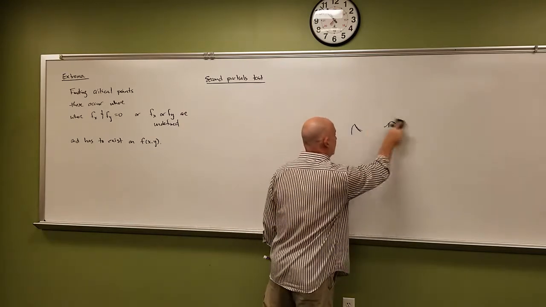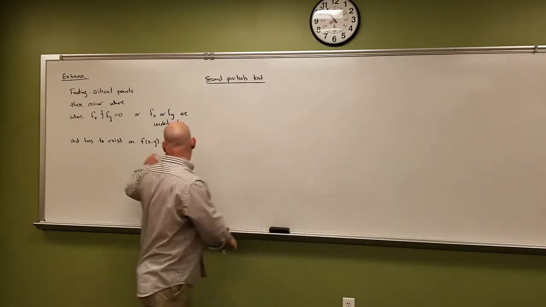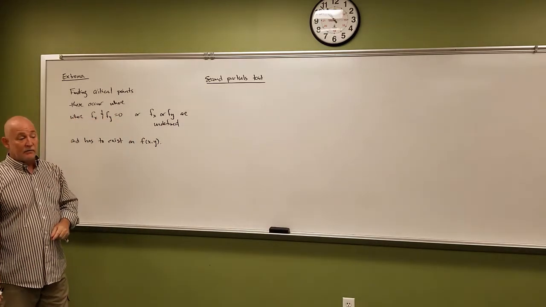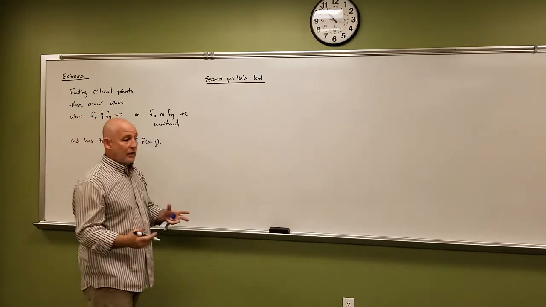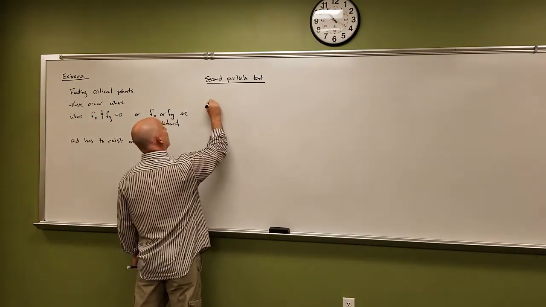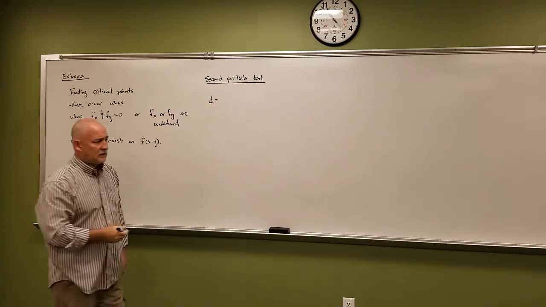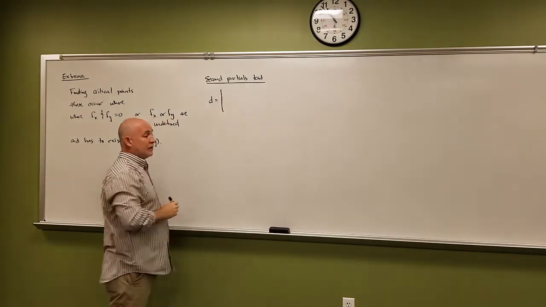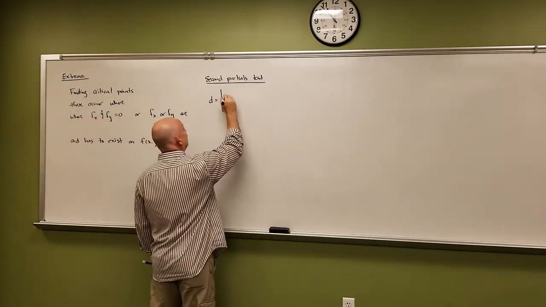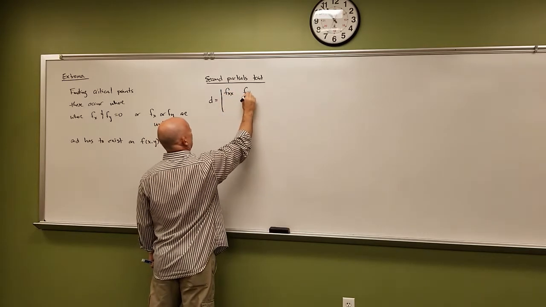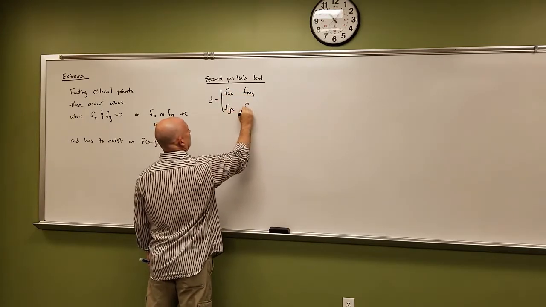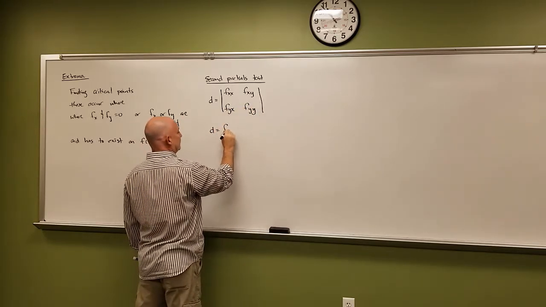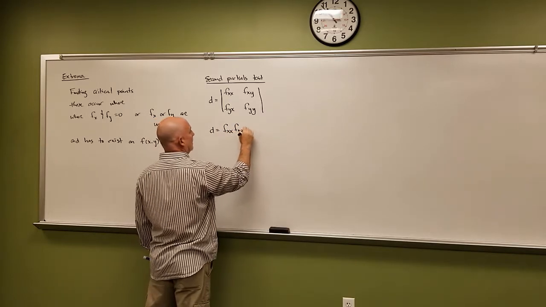Now, if we have f as a function of x and y, that means there's two first derivatives, which means there's four second derivatives. So we've got to find a way to combine those in a way that makes sense. We're going to define this value. You can use any letter that you want. I'm going to use D because I'm pretty sure your book uses D here. D is going to be the determinant of a 2 by 2 matrix, which is defined like this: f sub xx, f sub xy, f sub yx, and f sub yy. Which means if you actually do that determinant, that's f sub xx, f sub yy, minus